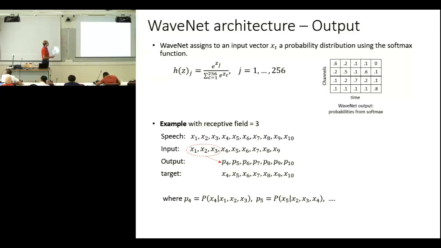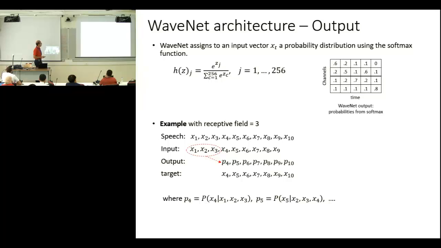And how do we model the output? The output layer of the network has 256 output neurons, output units. And we use a softmax, which actually is like that. The mathematical formulation of softmax is this. And what it does is that it transforms the output of the network into a categorical distribution where each one of the 256 categories has a probability. So consider something like a histogram, and all the values sum to 1.